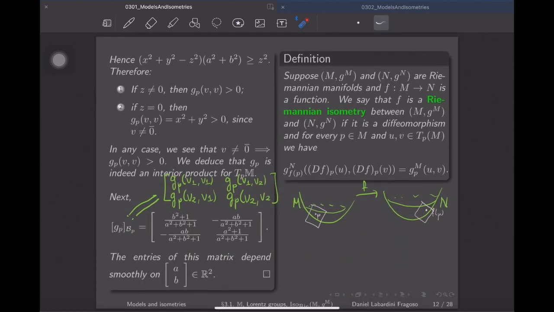Okay, and then we gave a definition that will keep playing a role, which is the notion of Riemannian isometry. A Riemannian isometry between two Riemannian manifolds is a diffeomorphism between them, with the property that